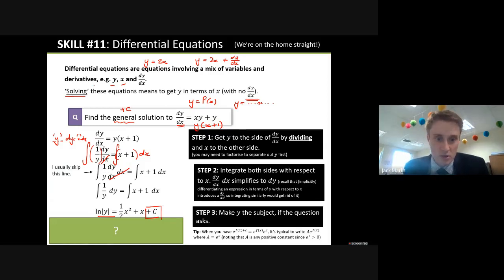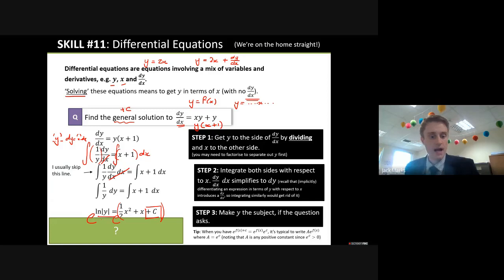Now, what was the question? The question was find the general solution. So that's why there's a plus c. And dy dx is gone, but natural log of y, we don't need to leave it written like that, okay? So what we could do to undo the natural log, if you like, is we could do e on both sides,